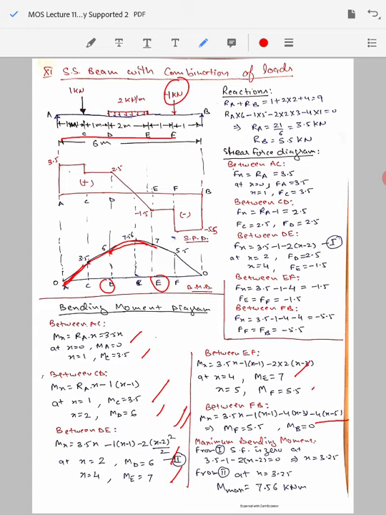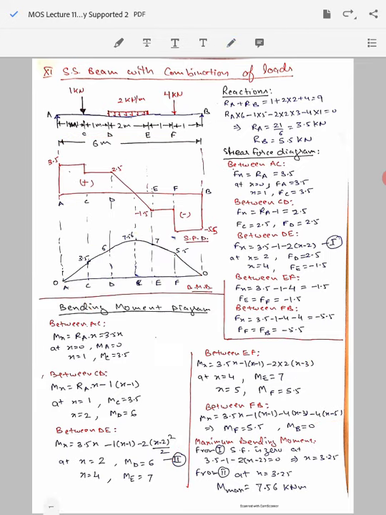Then from 7 to 5.5 there is a linear relationship, so there will be again a straight line, and from 5.5 to 0 again there will be a straight line here. So apart from these 1, 2, 3 and 4 straight lines, only this middle span has this parabola shape, and we see that the value is reaching somewhere to the maximum value between these 2 points D and E. And what is this value of the maximum bending moment that we would like to know?